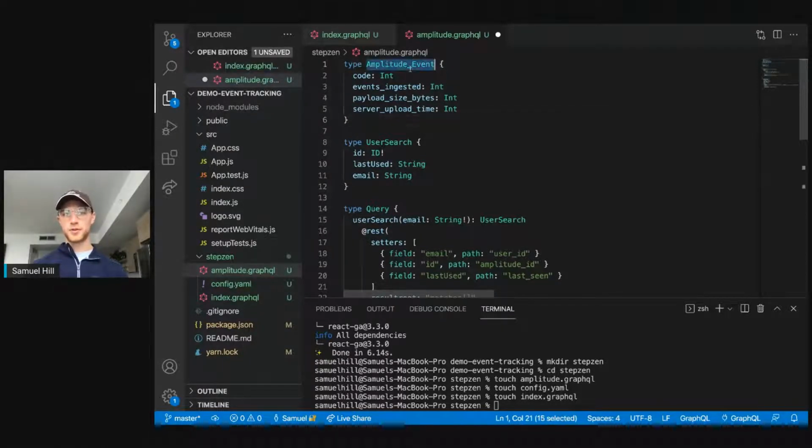So we have amplitude event, which is what we're going to be focusing on. That's going to just return a bunch of integers saying, yes, you successfully had it. Here's the upload time that it took, how many events you actually sent over, and then the actual bytes of the size that you uploaded. So nothing that we want to actually provide the user. So we aren't going to have to focus on waiting for that response and providing it on the front end. We're going to be focusing mostly on just sending it out and actually sending the request and being able to use React hooks to enable us to do that really, really quickly and kind of what they term a side effect as the application continues to operate regularly. So we have that. And then the last thing we need is the config.yaml